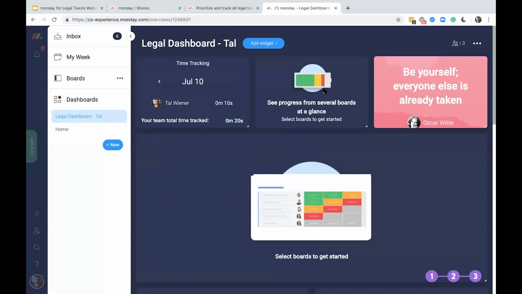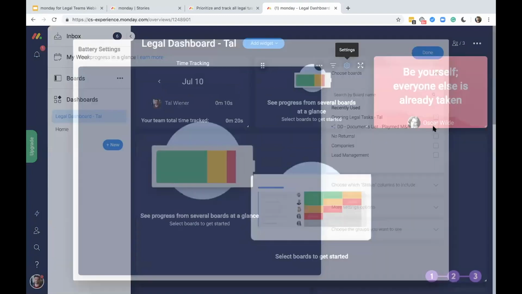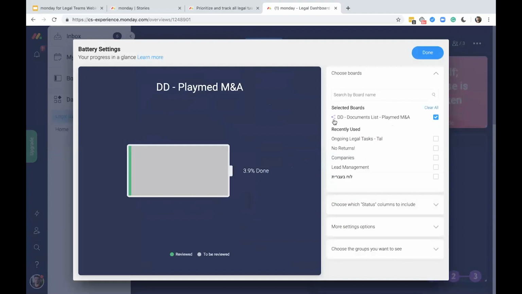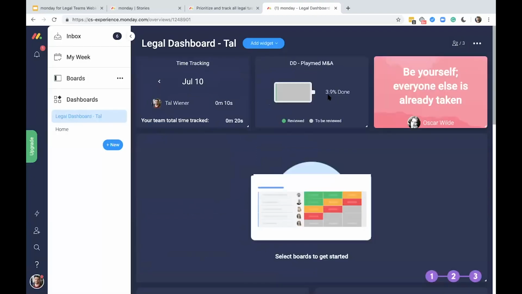Now let's set the progress bar. Now what I'd like to see is the progress of my DD process. So I'm going to go and choose that specific board, which is this board. As you can see, there's this sign mentioning that this is a shareable board. Right now, it's only 3.9% done. But if I go back